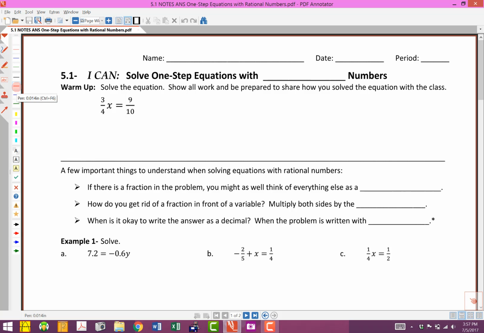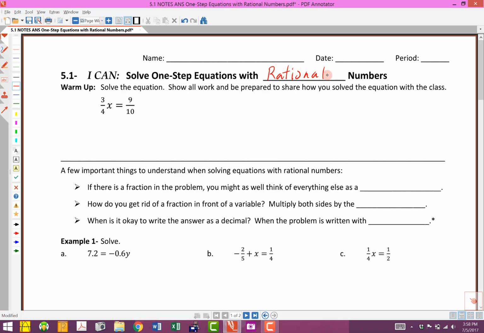So we are on to a new unit. This is Unit 5, Section 1, and here's the I can statement. I can solve one-step equations with rational numbers. So now that we've spent all that time talking about rational numbers, getting comfortable with fractions, decimals, percents, all that sort of stuff,